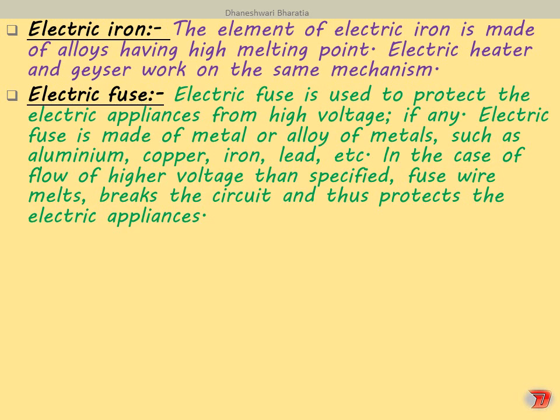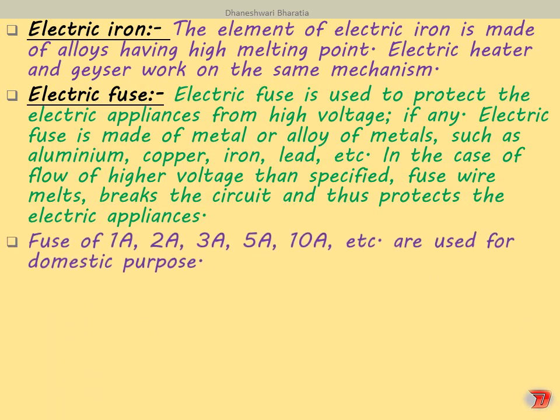So in that case, whatever wire is present in that particular fuse, it will fuse, right? That is, it will start melting, and when it starts melting, of course it will break the circuit, and this way there will be no electric supply, because the current will not flow in the broken circuit, or I can say in the open circuit, right? So because of this reason, we can protect the electric appliances by using the electric fuse. Fine. Usually the fuse of 1 ampere, 2 ampere, 3 ampere, 5 ampere and 10 ampere are used for domestic purpose, means at our home. Fine.